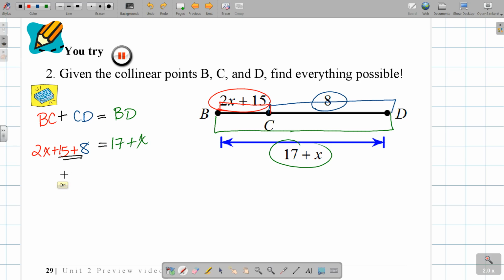Collect like terms, we have 2x... okay, we have x equals